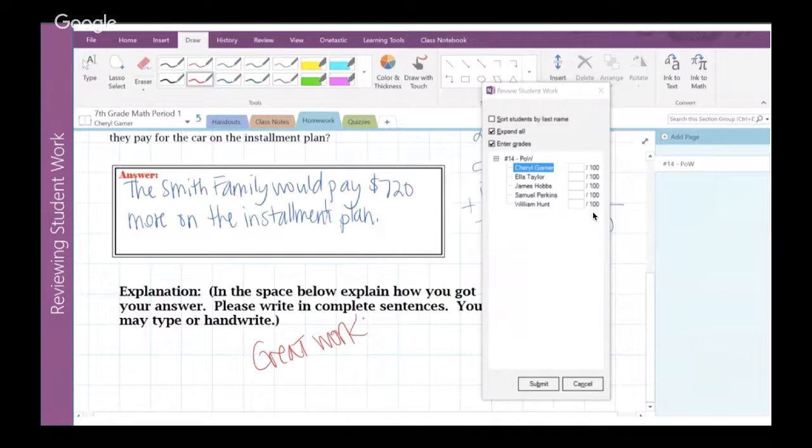So all you do is make sure that Enter Grades checkbox is toggled and enter the grades for your students, click Submit, and that gets pushed through right to your Canvas Gradebook to the assignment that you associated with this OneNote assignment. So pretty cool. And if you're a heavy OneNote user, or you really like working in OneNote, that will save you some time and work, and you don't have to switch back and forth quite as often. So hopefully you'll find that